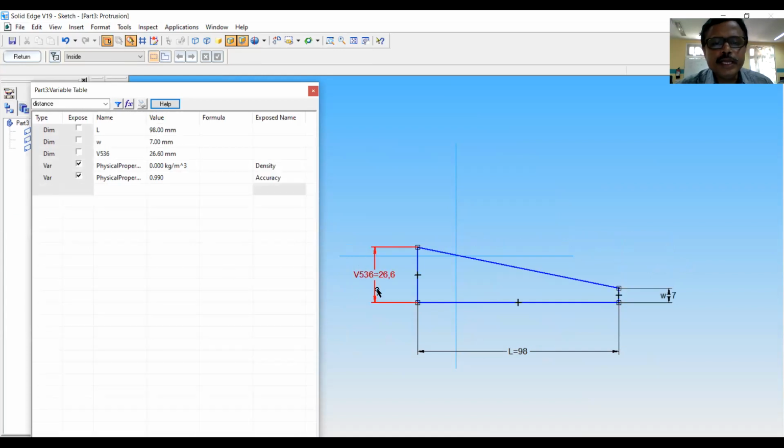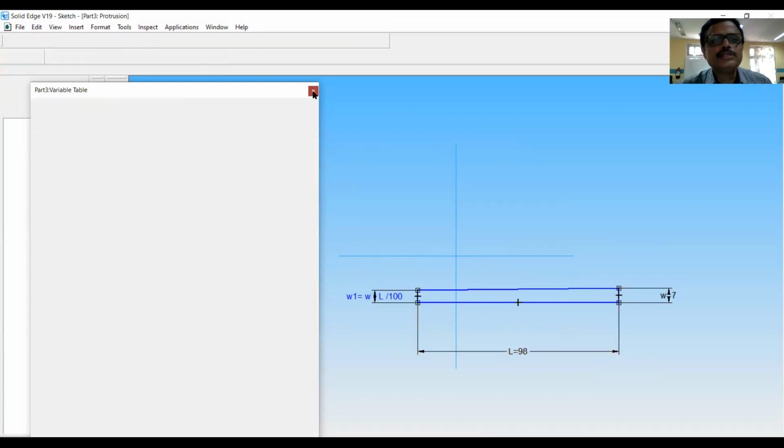Then this will be a slope. It will be related to slope. So I will write it as W1. It will be equal to W minus L by 100. Enter. Now you can see the taper in the sketch.